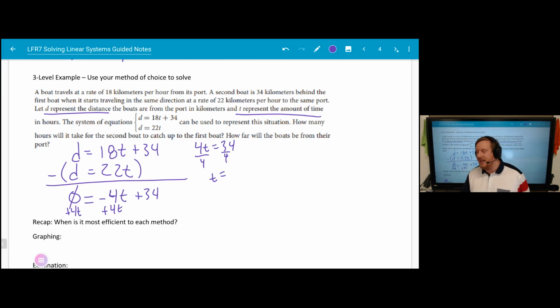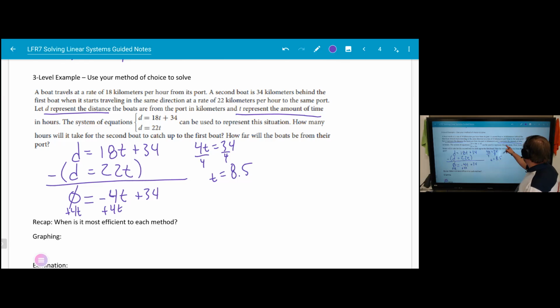I know what you're saying. Mr. Brayman, you're going to have to use a decimal. In this case, it does make sense. 8.5. T is 8.5. 8.5 what? T represents the amount of time in hours. So we got in 8.5 hours,